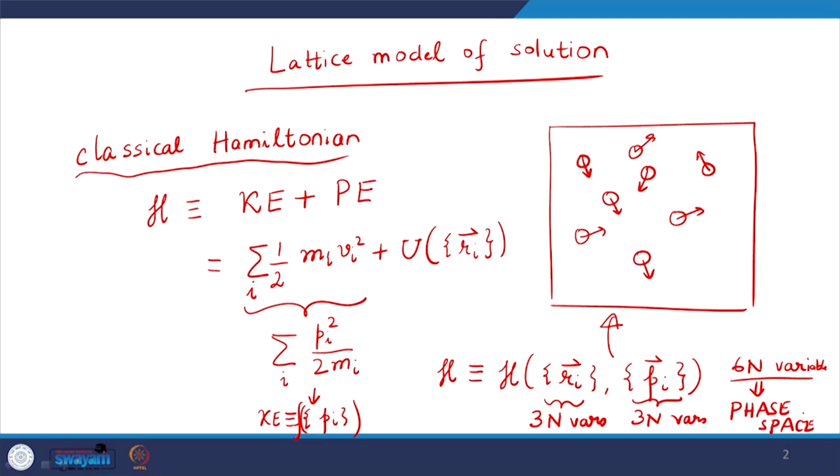Why? Because the Hamiltonian is changing as a function of all these 6n variables, right. As the position of any of the molecules changes, the Hamiltonian changes. As the momentum of any of the particles changes, the Hamiltonian changes. So, in totality, there are 6n variables in that particular function, which pretty much determines the state of a system, right. And this is what we call a phase space. By the way, this phase has nothing to do with the phase separation that we have been discussing. In this case, we are looking at the molecular states as opposed to the bulk phases